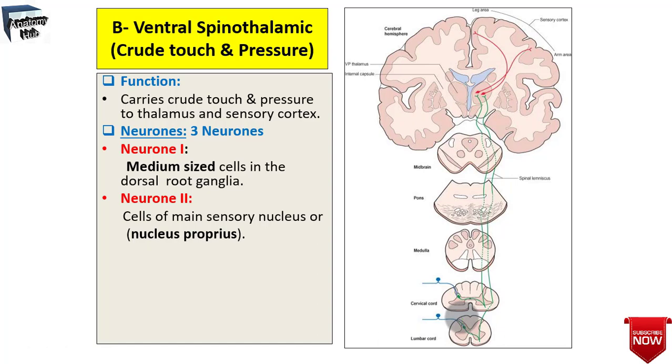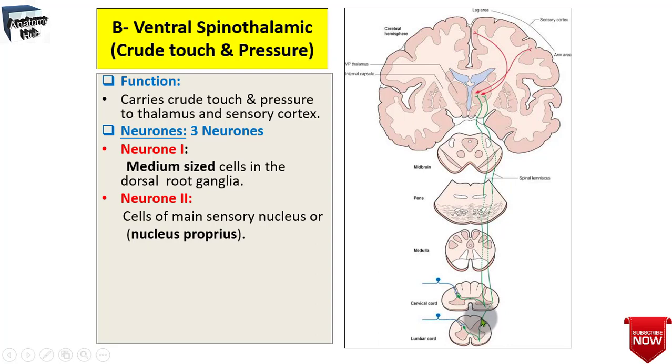for seven segments of the cord, and the second order neurons are found between the fourth and sixth laminae in the posterior horn, where the axons of the first order neurons terminate. The posterior horn is an area of gray matter in the dorsal part of the spinal cord, and it is important in receiving a variety of different types of sensory information, such as vibration.